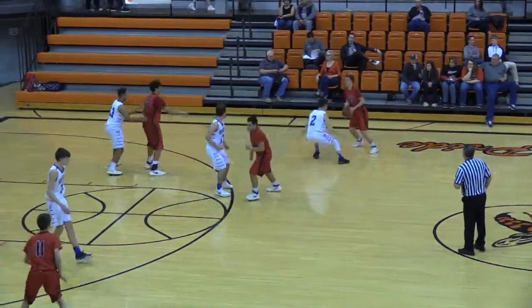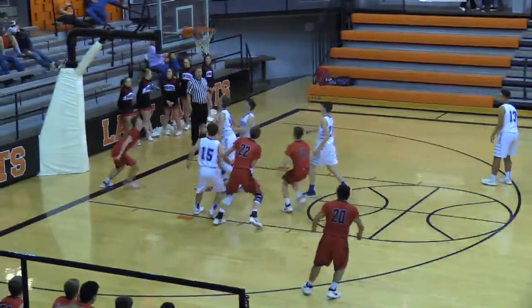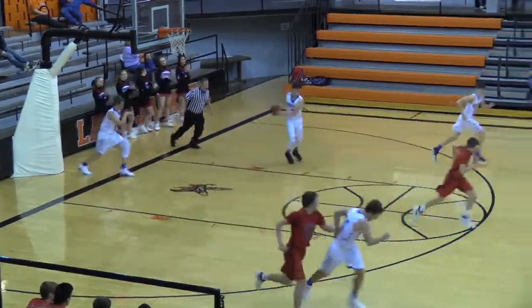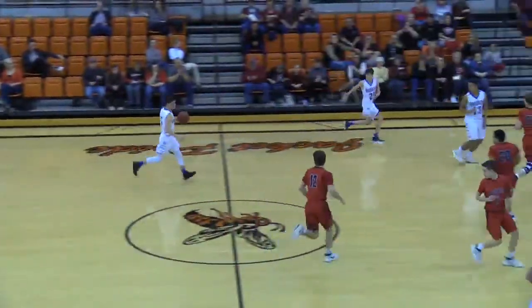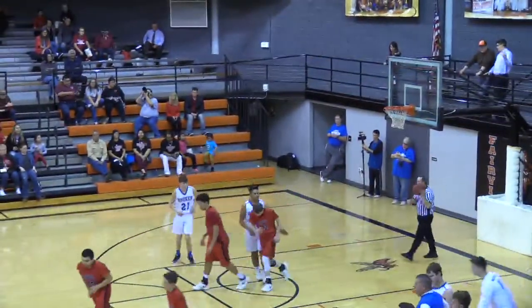Down to 7. Again with the drive. Right-hand layup's good. 3 seconds on the clock. We're going to have a half-court shot here. Get it up, Carter. I don't know whether he knows. Nope. Late getting it off. Shot wouldn't have counted. So after 3 quarters of play, Bulldogs lead